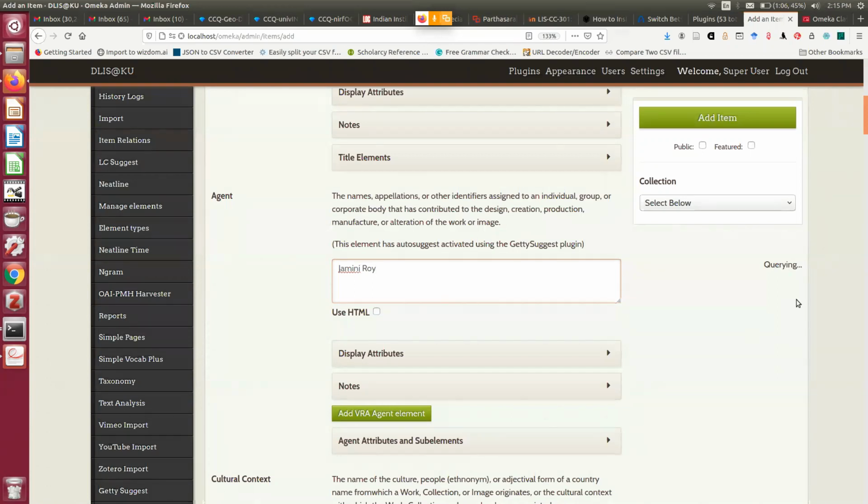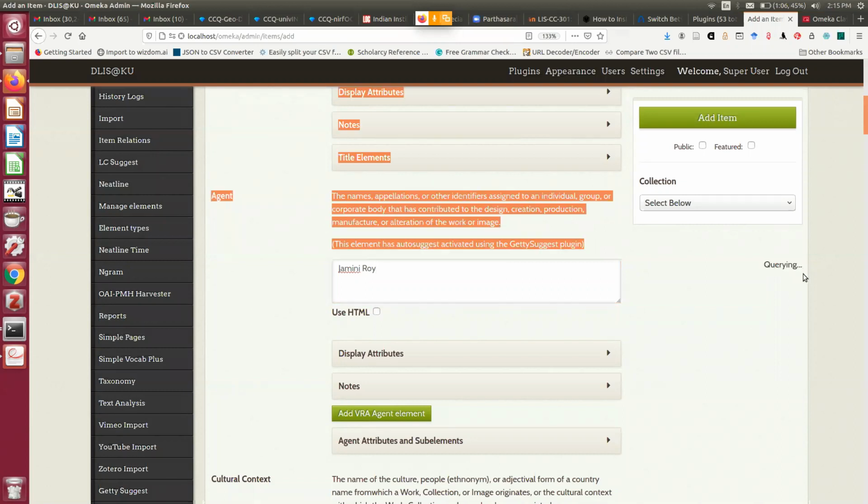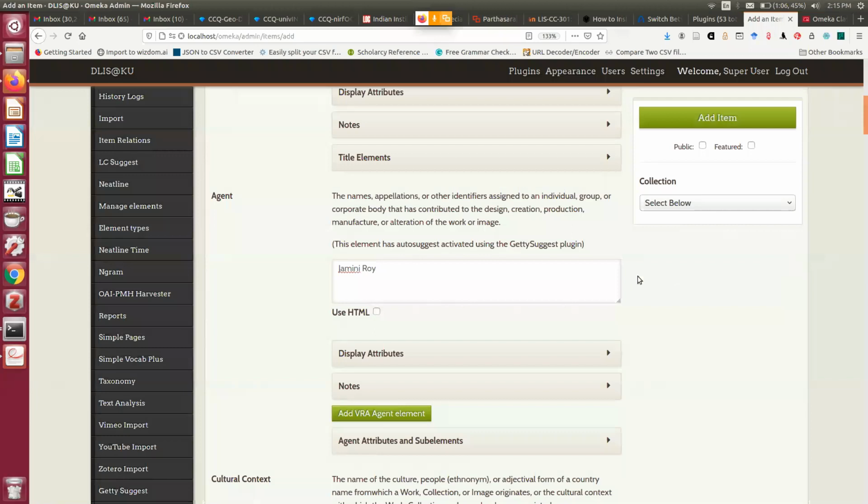Now you can see here in the right hand side it is saying it is querying. I have just searched by Jamini Roy. It is trying to make a query to Getty. Getty is a thesaurus for artist name. Getty is a thesaurus for different kind of art object, etc.